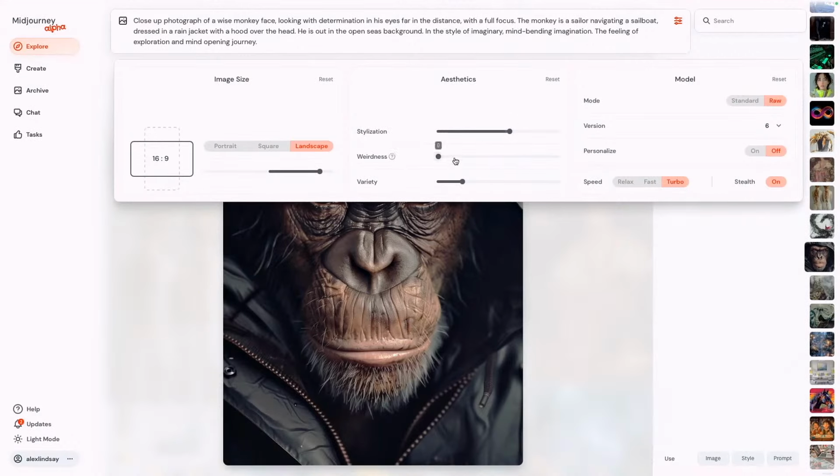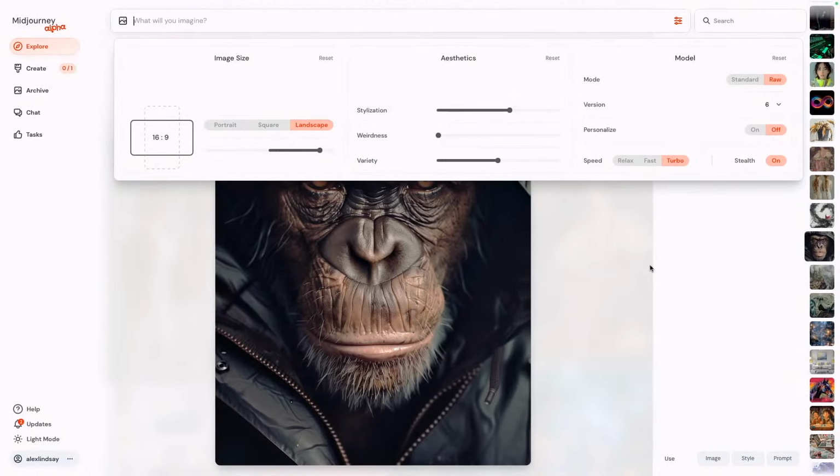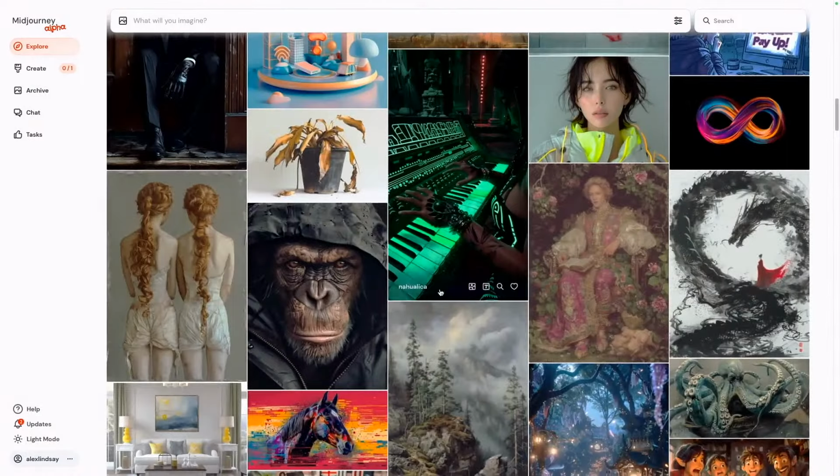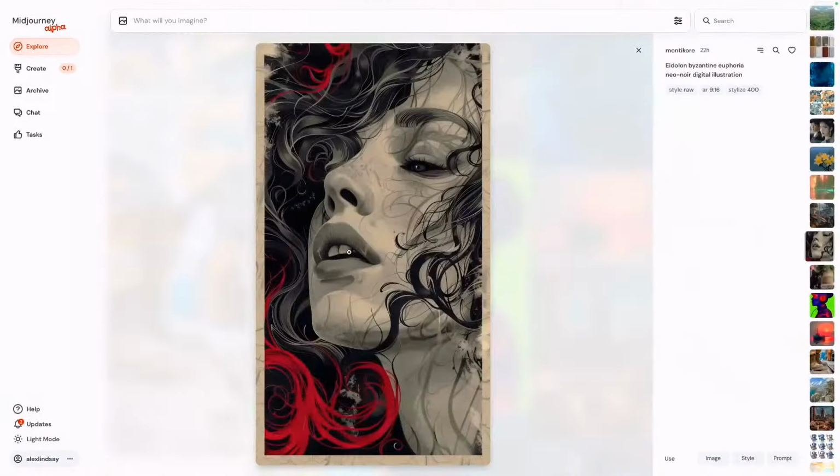Turn the stylization up, turn the variety up a little bit. We'll leave it on raw, so you can kind of play with what somebody else did. So it's often rendering. So that's another thing that you can do here. But again, if you like this style, you'll learn a lot about styles. So you'll go, oh, this is a neo-noir digital illustration. So I could take that and go, oh,